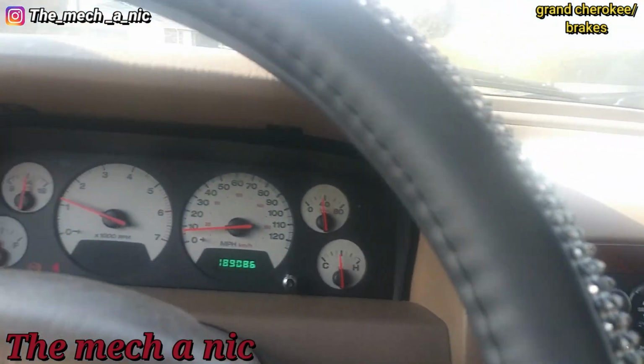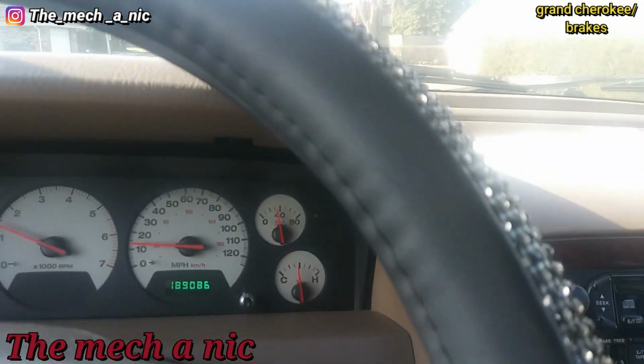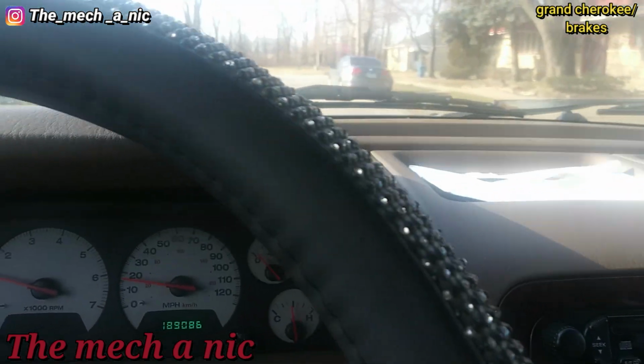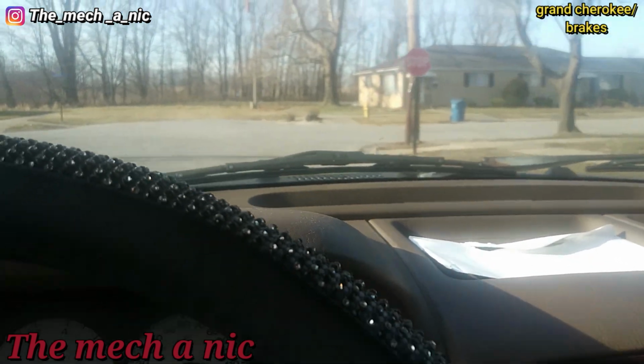Not sure if it's coming from the front or the back just yet. Another thing is she keeps losing coolant. She has to keep adding coolant, so I have to find out where this leak is at. And one more thing, sorry for the dirty camera, I could see how blurry it looks, but